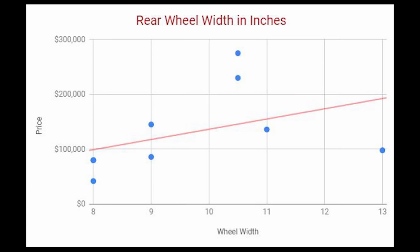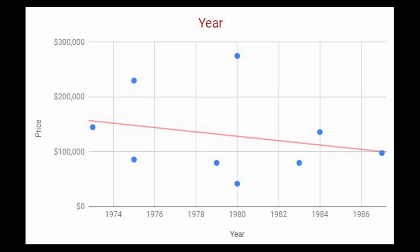And then I looked at the effect of the RSR widths on the flares and the rear tires. So the rear tire size or the rear wheel width doesn't have a strong influence. Some of the really wide RSR cars get a slightly higher price point than some of the narrow RS or SC flare cars, but it's not a real strong driver. The other thing I looked at was the year of the car, and not a real strong line on this one. This one's essentially flat, being the slightly earlier cars are a little bit more favorable. In California, that makes a difference for smog regulations. Some of these cars couldn't even be driven in California because they're late model cars. Anything after 75 has to have original equipment or newer equipment all in stock form